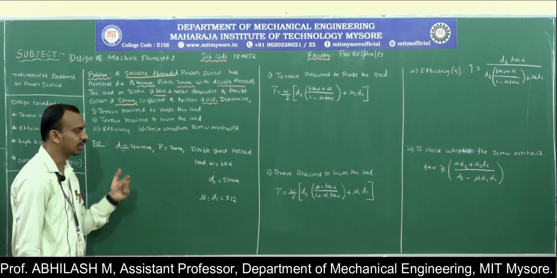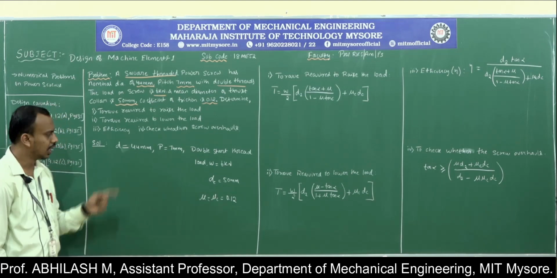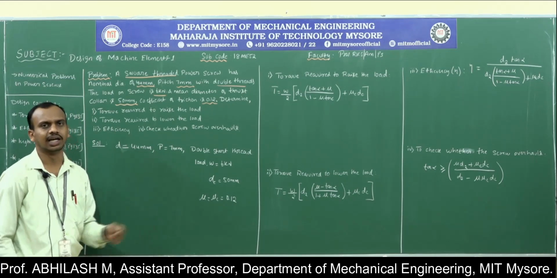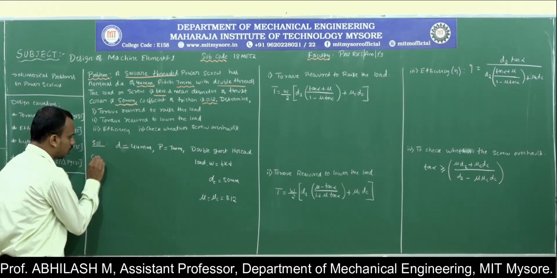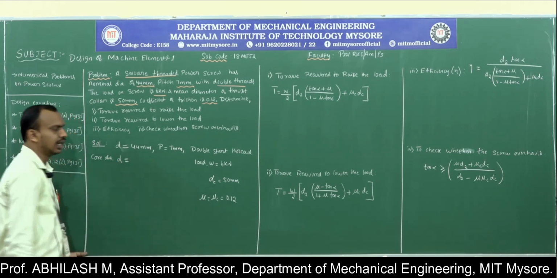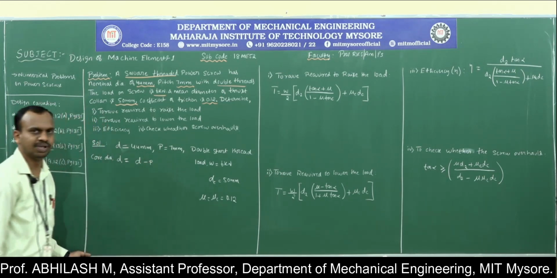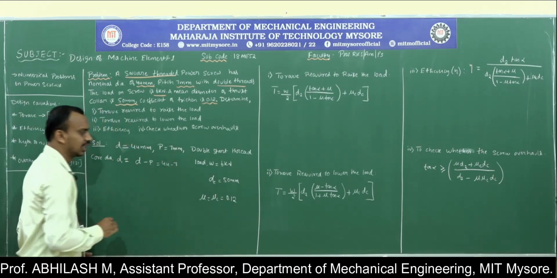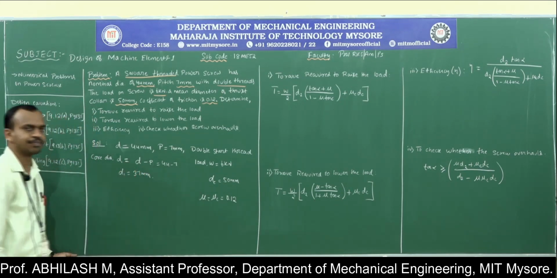So in the power screw we should have three different diameters, which are the core diameter, nominal diameter and the mean diameter. Here we know the nominal diameter and we know the pitch. Using these two I can easily calculate the core diameter, that is denoted by D1. So this is the nominal diameter. Core diameter, that is denoted by D1, will be equal to the nominal diameter minus pitch. So how much is the nominal diameter? 44. Pitch is 7. So the core diameter is 37 millimeter.